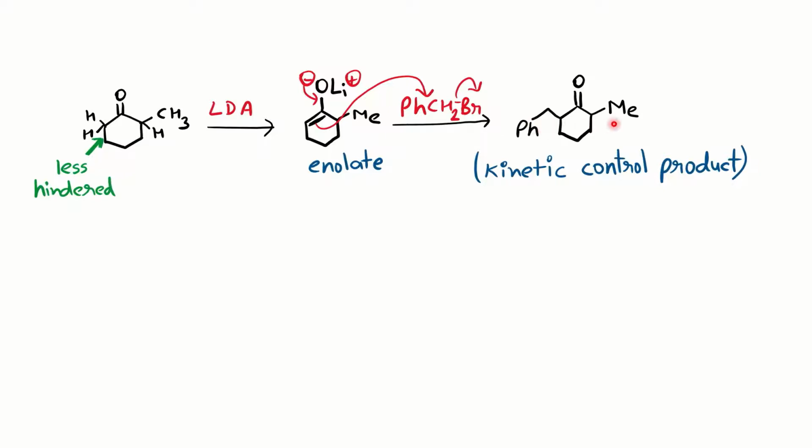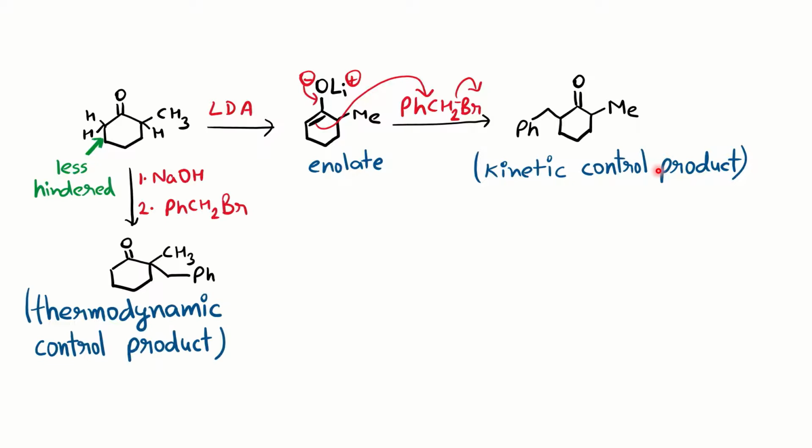And if they ask you the stereochemistry also, you can show it: if you assume the methyl is above the plane, then you can assume the new CH2Ph is below the plane. The two should be opposite to each other so that they avoid steric crowding. On the other side, if you have NaOH with the same alkylating agent, the reaction will occur on the methyl carbon and you will get the thermodynamically controlled product. So whenever NaOH and LDA conditions are given, you have to be careful.